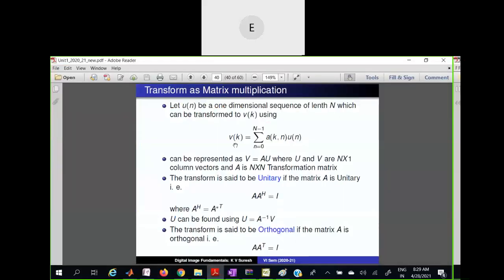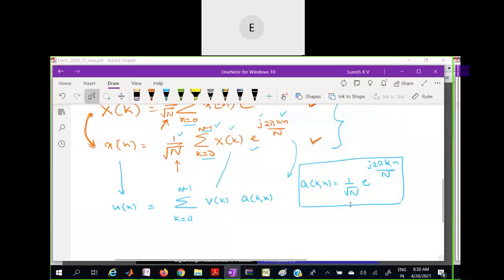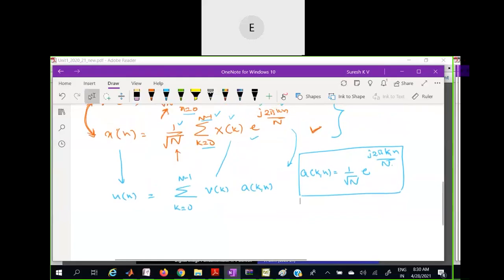So let me now go back to the equation here. So this is a general form. From here onwards, your forward transform will look like this. Now, what I have written actually is an inverse transform. So let me write the forward transform also. So V of k is equal to summation n is equal to 0 to n minus 1 u of n